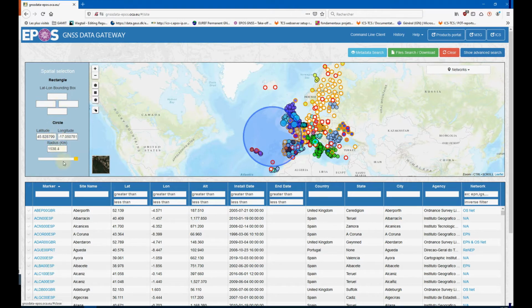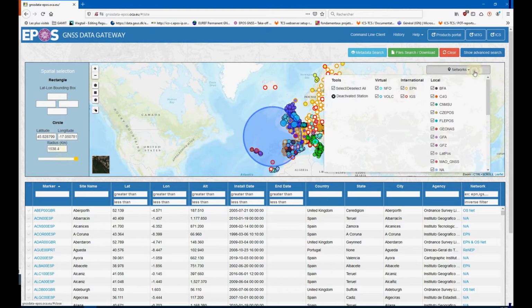The station network can be selected there. At the moment, there are 3 types of networks. International ones, like the one of EPOS, but all the data are EPOS data. So you can see here we put the IGS or EPN international network with red and orange circles. So we use hot color for international network.